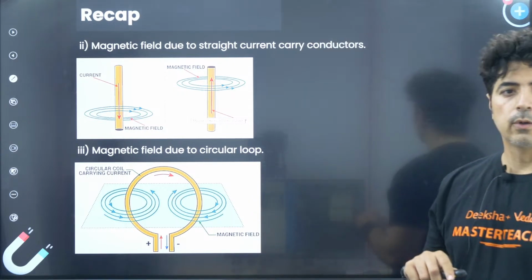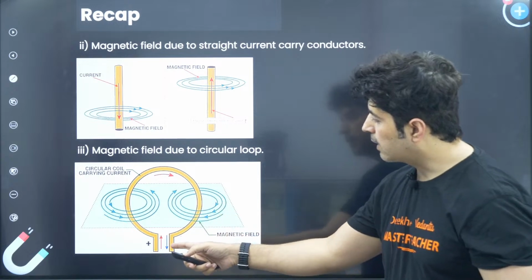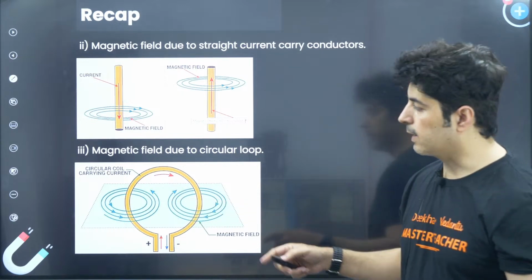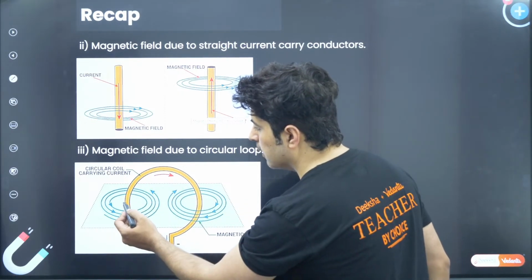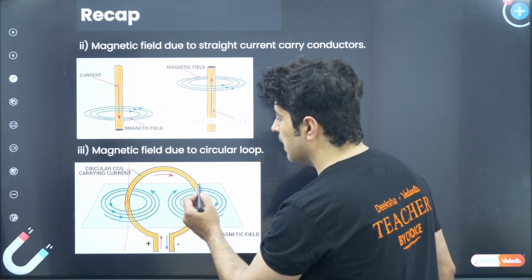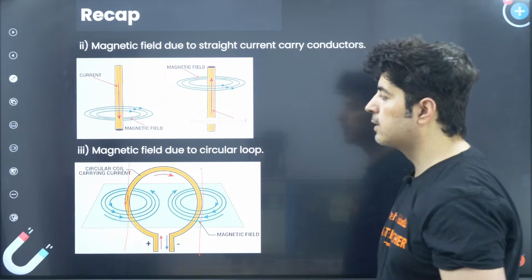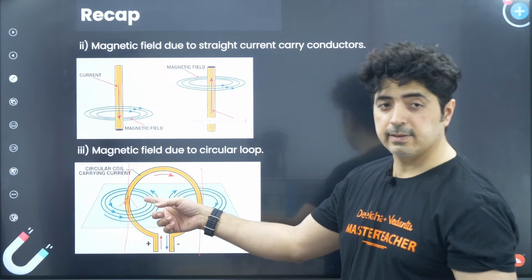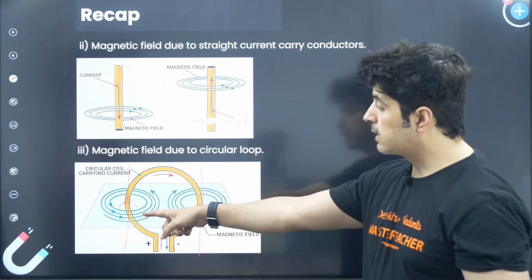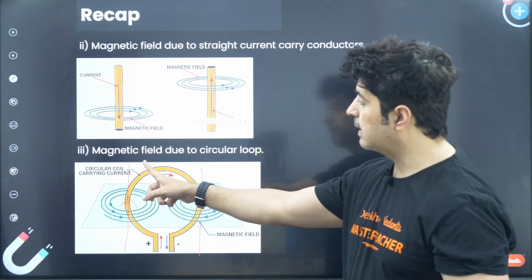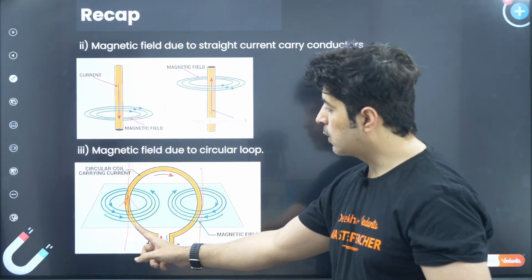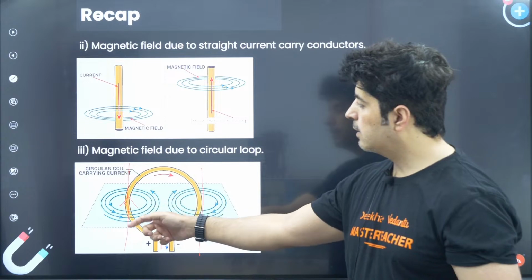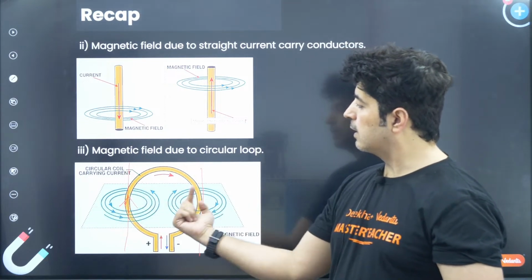Similar thing happens in a circular loop. In a circular loop, if the current is passed through it, this is how the magnetic field looks. So how do you find it? You take the tangent on this loop. Anywhere you want to find the magnetic field, take the tangent on this loop and see what is the direction of current over there on that tangent. I hope everybody can understand me. There is a loop. The direction of current will be like this. Let's say it's going in this direction. So I put a tangent. On this tangent, the direction of the current will be upside. And just put your right hand thumb. It gives you the direction of